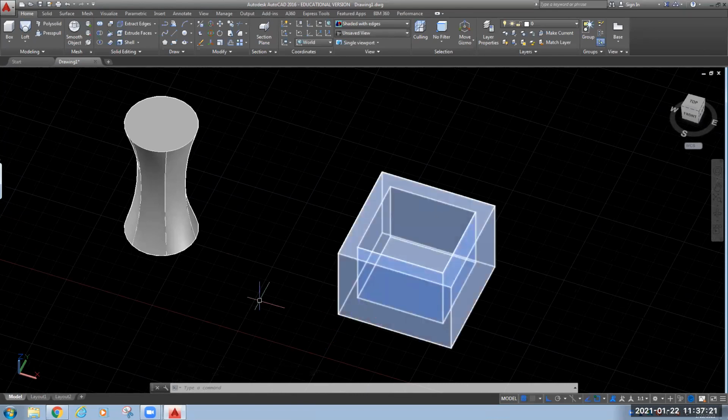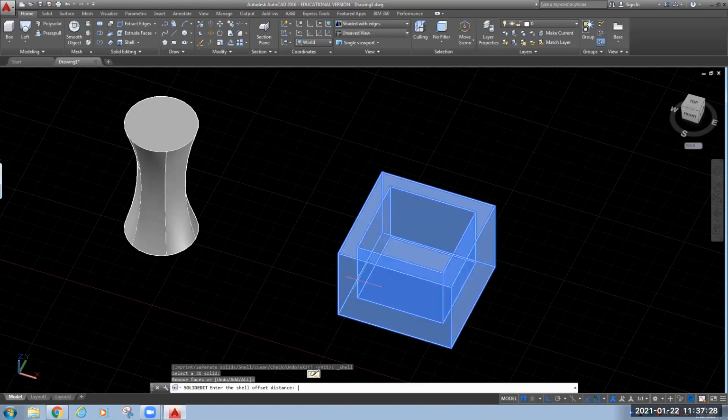So you can use this shell command on all the surfaces. Let's try to do it from this side also. Suppose I want the offset distance to... The face I want to remove is not that one.